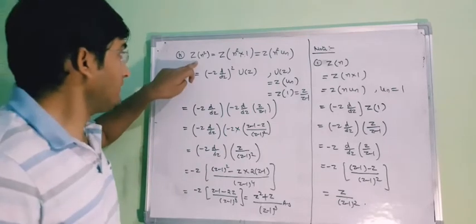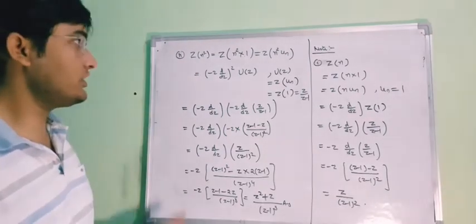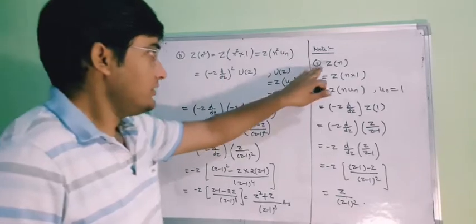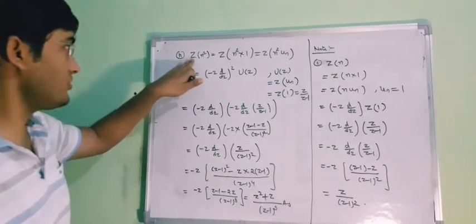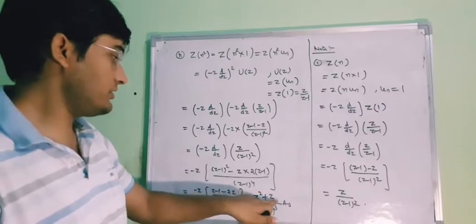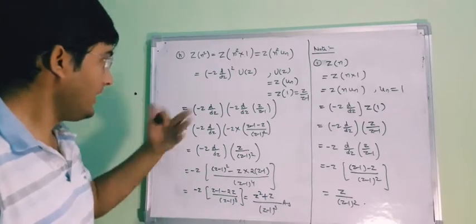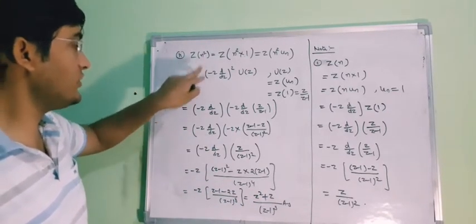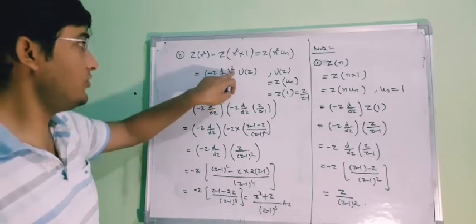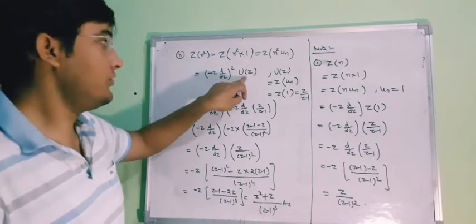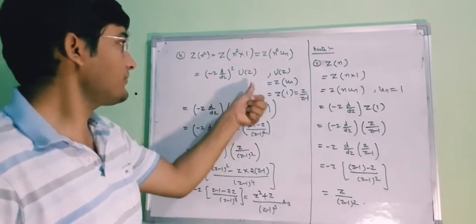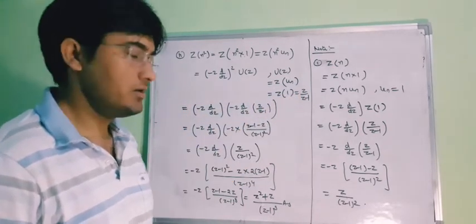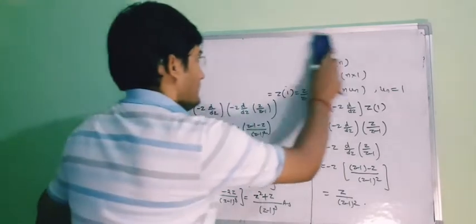And similarly we can find out the Z transformation of n cube. Thus the Z transformation of n is z upon (z minus 1) whole square. Z transformation of n square is (z square plus z) upon (z minus 1) whole cube. And then the Z transformation of n cube will be minus z d by dz of whole cube into U(z), where U(z) will be the Z transformation of 1, which will be z upon z minus 1. Okay. Next formula,